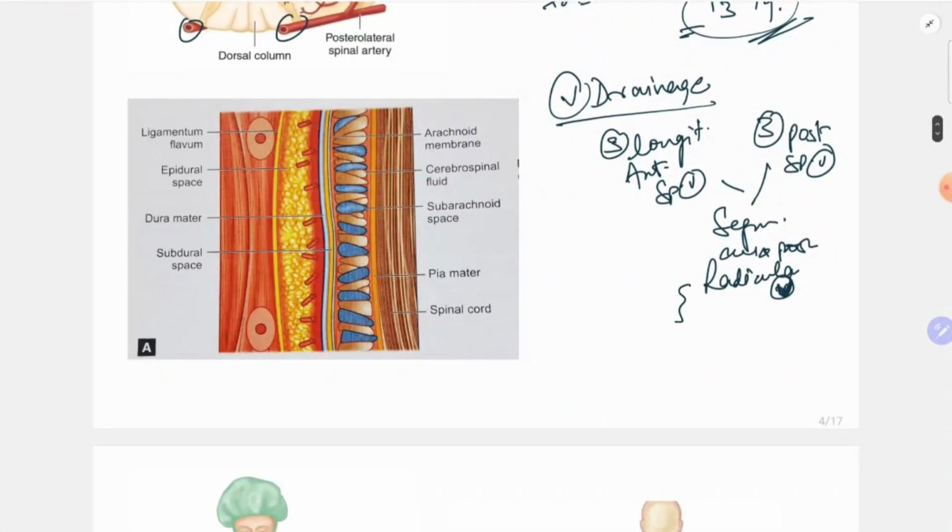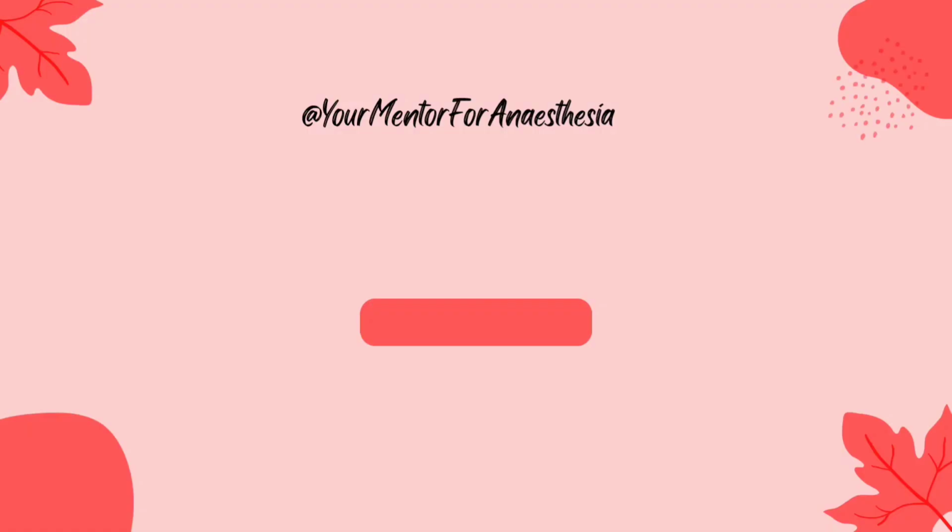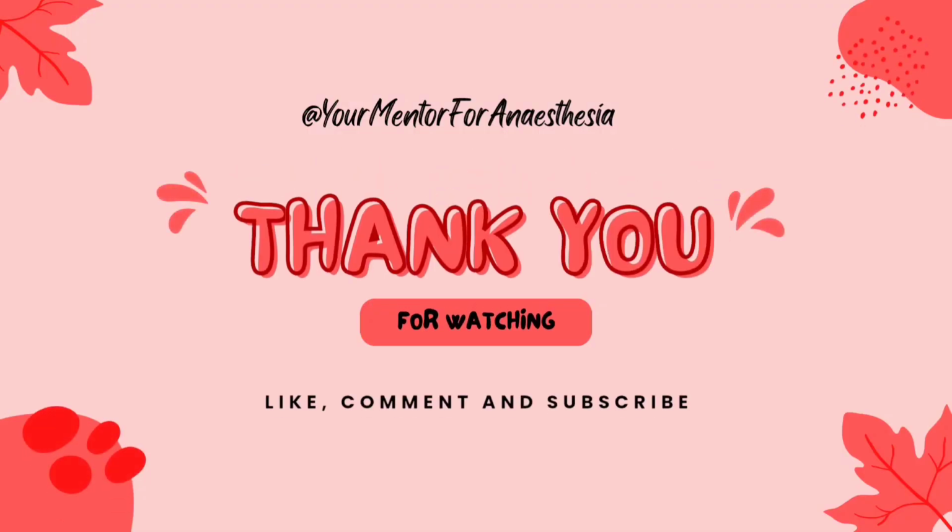Okay, finally draining into the vertebral venous plexus, which is present in the medial and the lateral compartment. Okay, and it's present in the epidural space, right? There are no veins in the posterior epidural space except for in the L5 and S1. Okay, so now if you see this diagram,